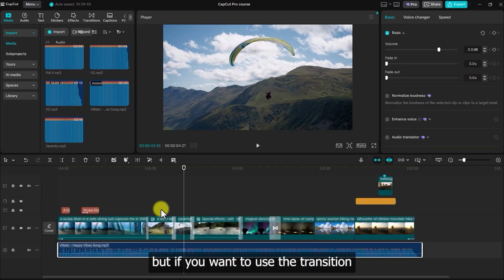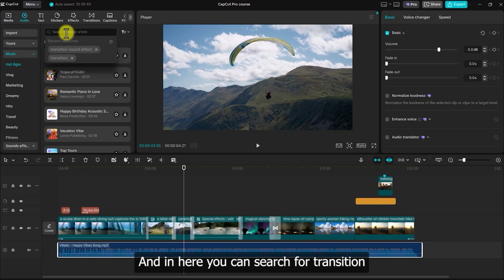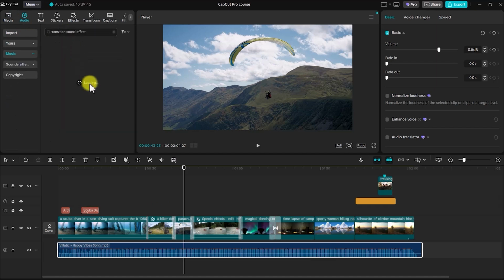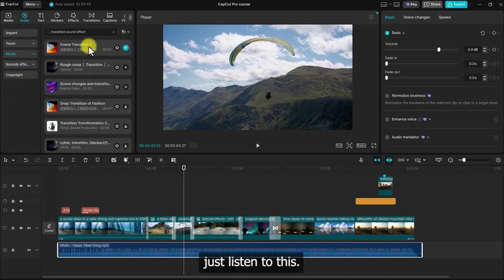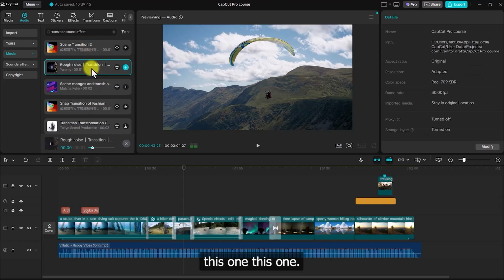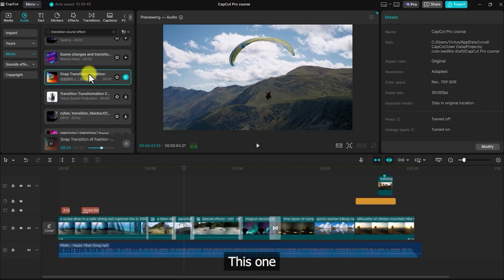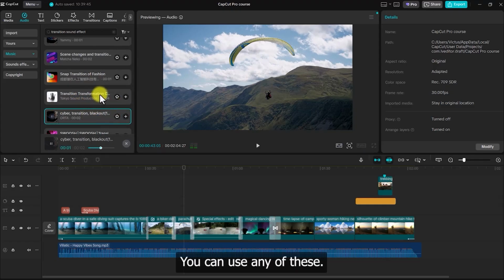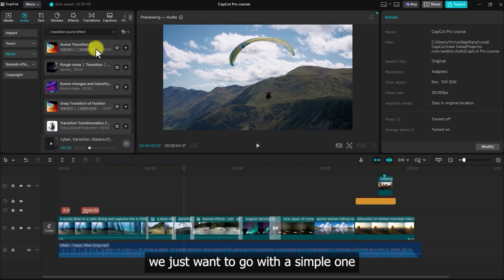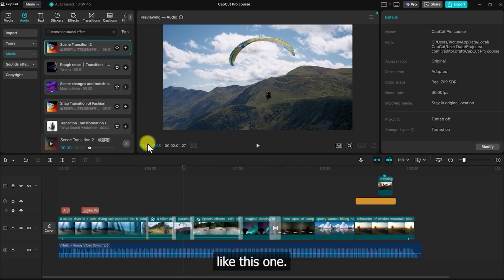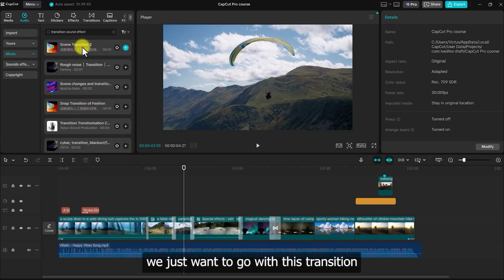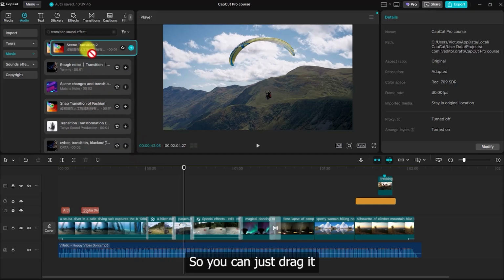But if you want to use the transition sound effect, you can search for audio, and in here you can search for transition sound effect. For example, you could just listen to this one, this one, this one, or this one. You can use any of these, but for example, we just want to go with the simple one like this one. So for example, we just want to go with this transition sound effect, so you can just drag it